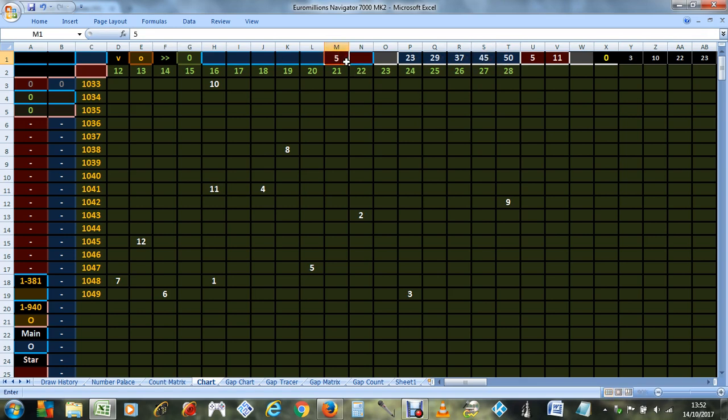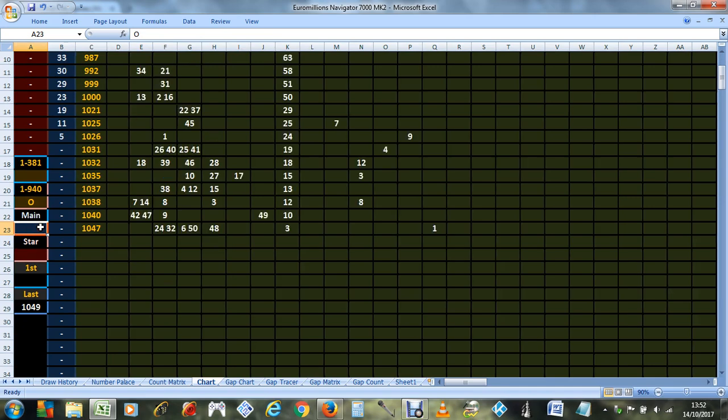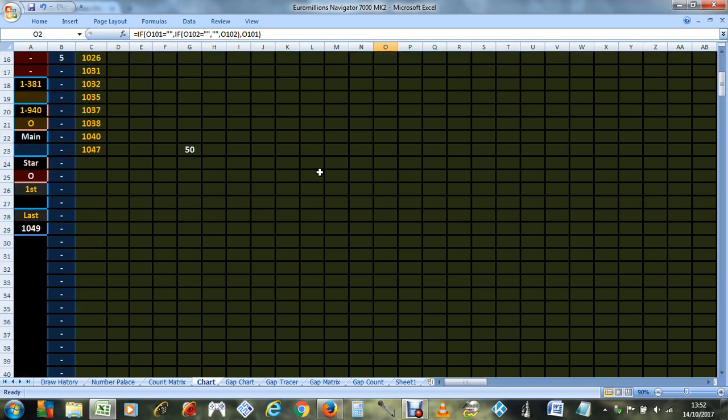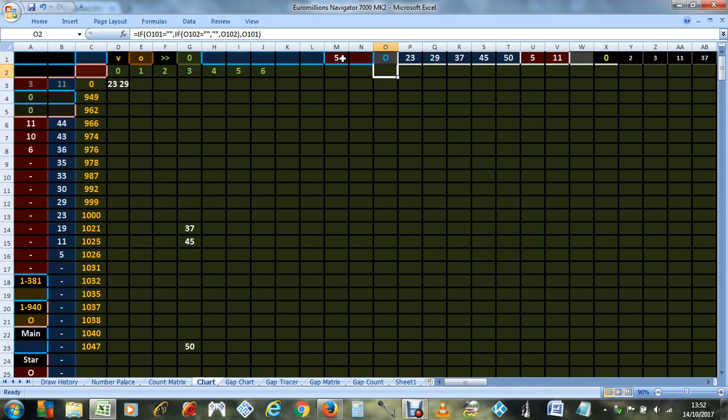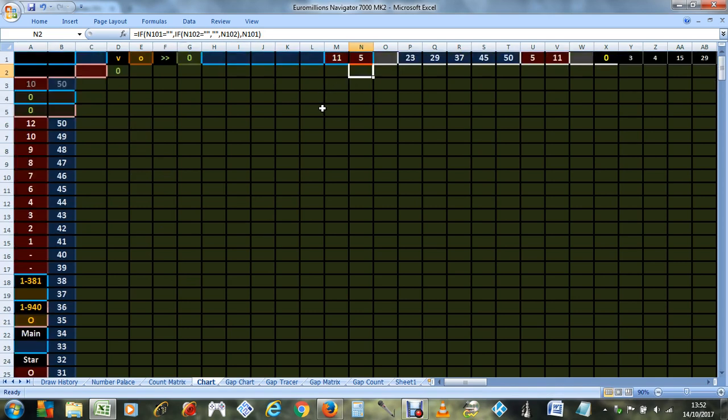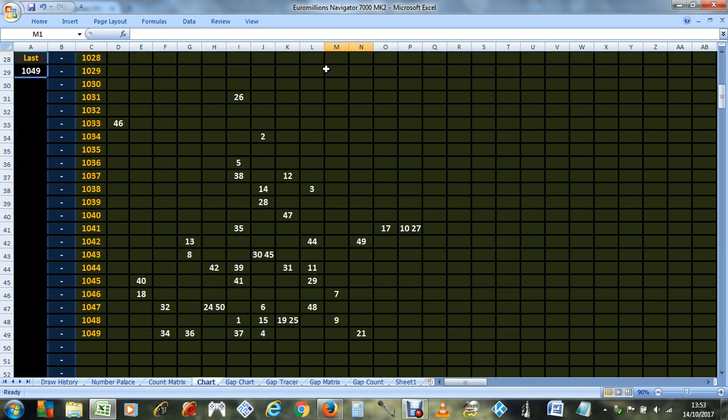If we look at star number 5 and make a chart of the main numbers that have occurred with number 5 as the star number, this is where the winning numbers were on that chart. And if we look at star number 11, that's where the winning numbers were on that chart, and that's the rest of the numbers. And if we look at 5 and 11 together, oh that's right, they've never occurred together in recent history, so nothing on that chart. So anyway,